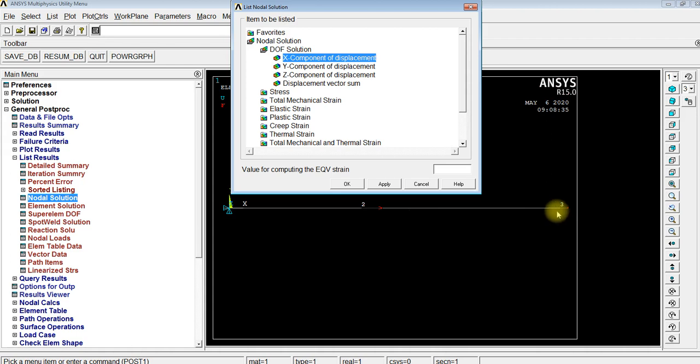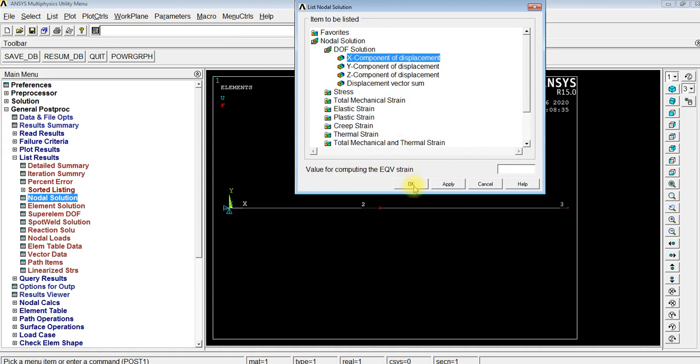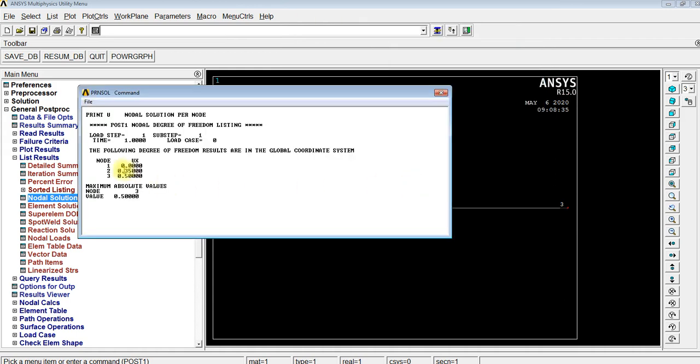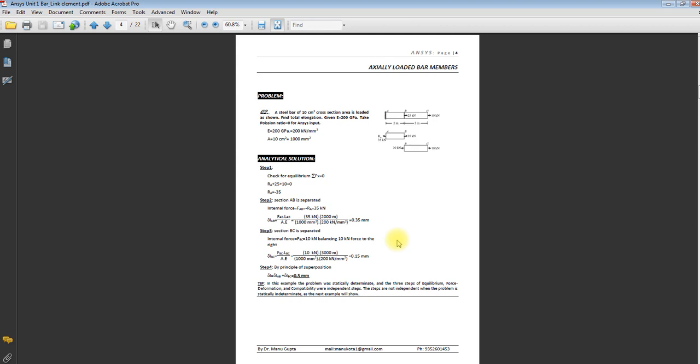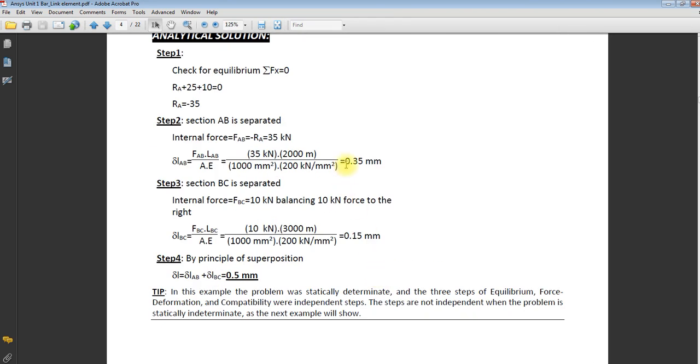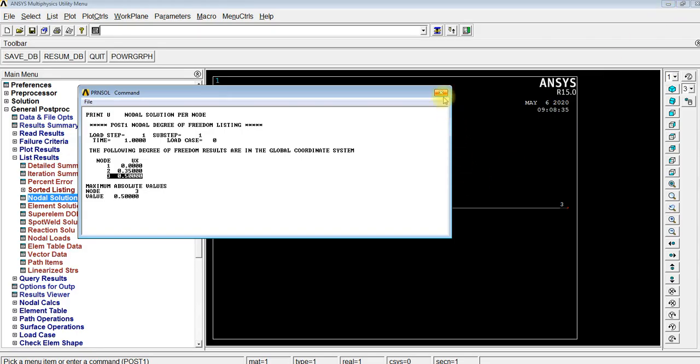I selected y by mistake, it is not y, just the x component of displacement. Okay. So point 1 will move 0 units, point 2 will move 0.35, and point 3 will move 0.5 units. Like our theoretical solution, 0.35, and the total point C will move 0.5. So the meshed problem matches our theoretical solution.